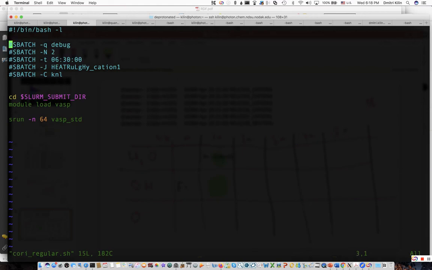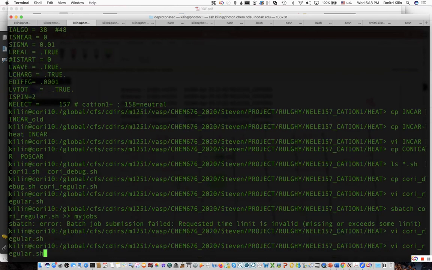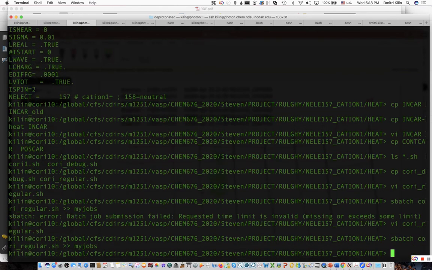Instead of debug, it should be regular here. Okay, so at least this thing is going on, and returning back to this table,